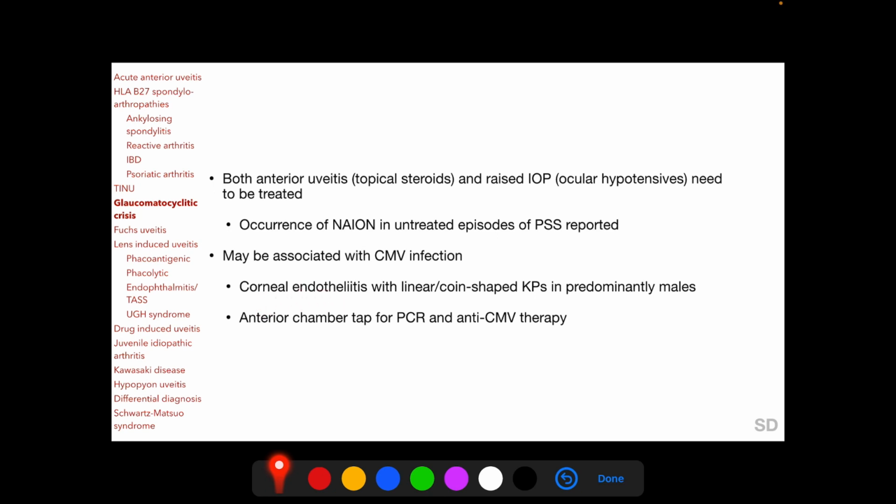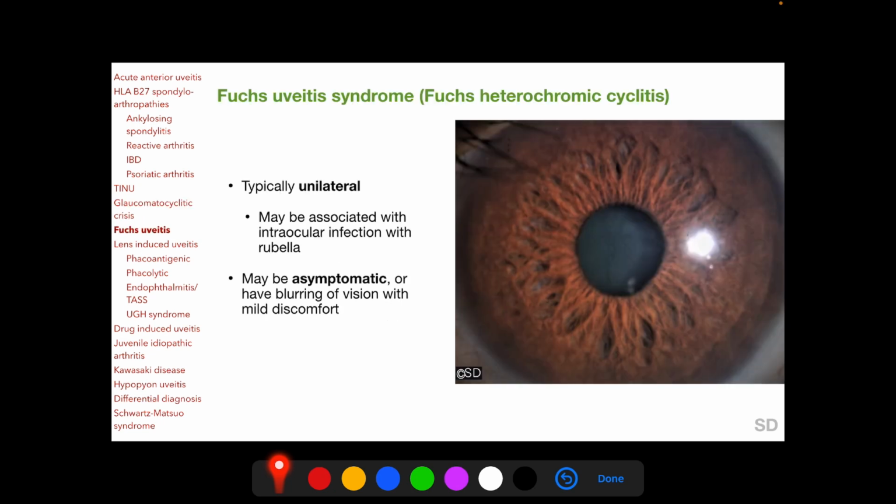linear and coin-shaped keratic precipitates, and this occurs predominantly in males. An anterior chamber tap for PCR can be done to detect CMV, and anti-CMV therapy is indicated. Fuchs uveitis syndrome, previously known as Fuchs heterochromic cyclitis, is typically unilateral. So this is a characteristic feature of the disease, and quite recently it has been associated with intraocular infection with